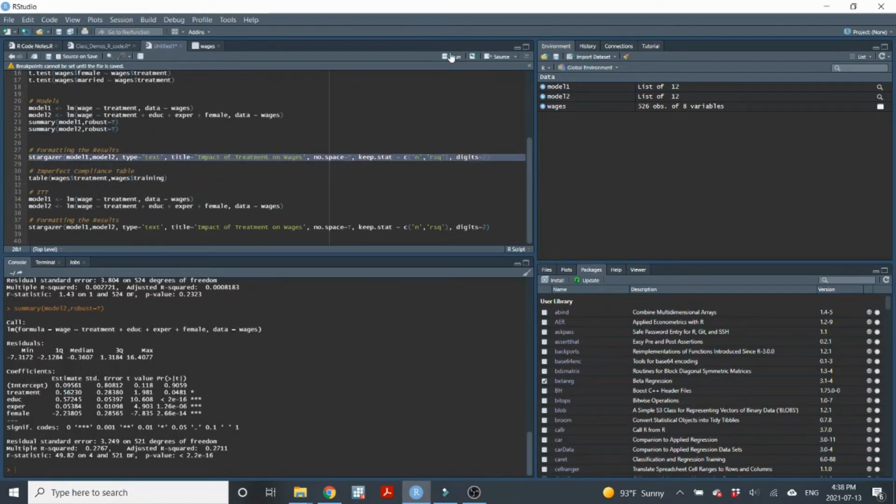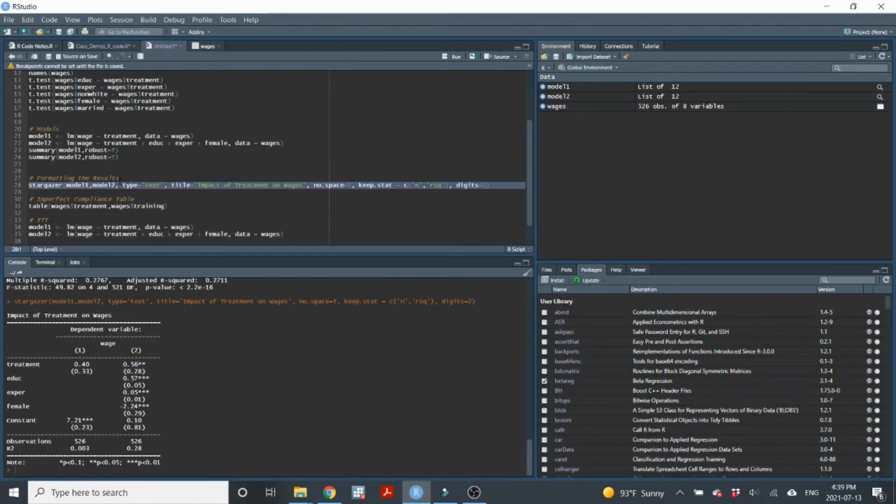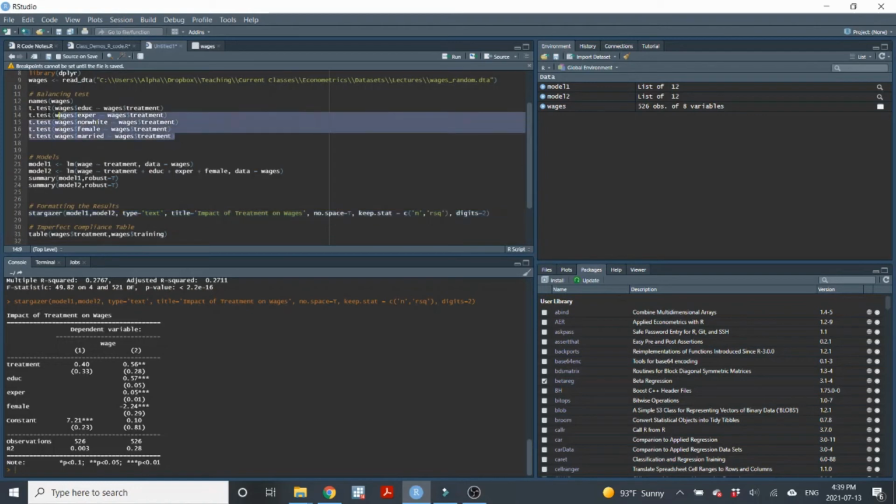I'll just use Stargazer here to produce a nice table. Now, one way of looking for some potential bias is by comparing the coefficient when you run the model without other variables and when you run the model with other variables. So even though we had good evidence for statistical independence from our balancing test, we can see here that by comparing model 1 and model 2 there actually is a decent amount of difference between these